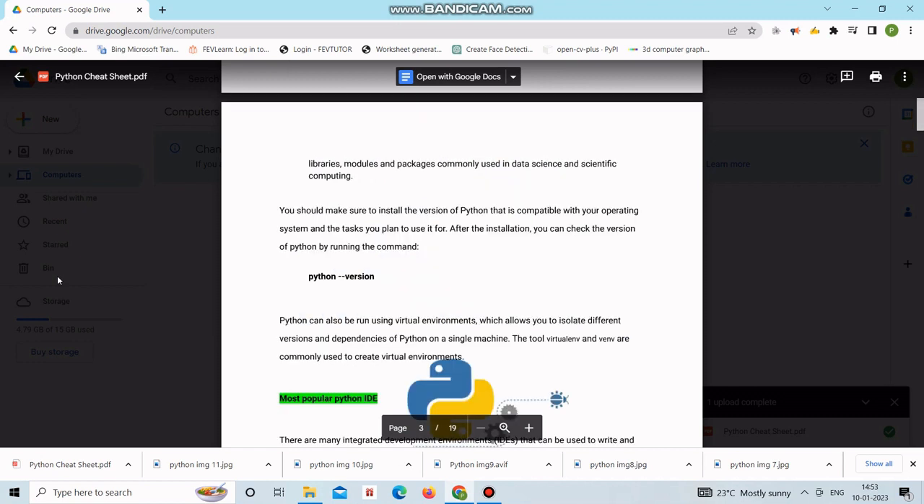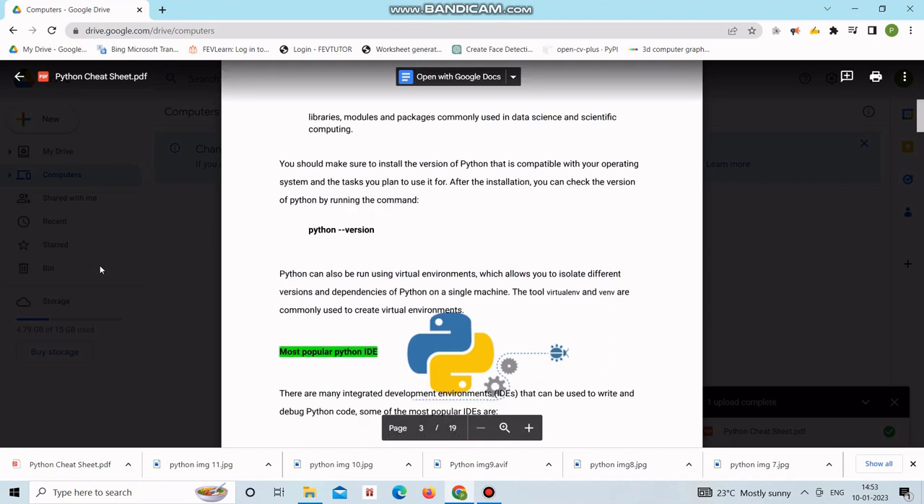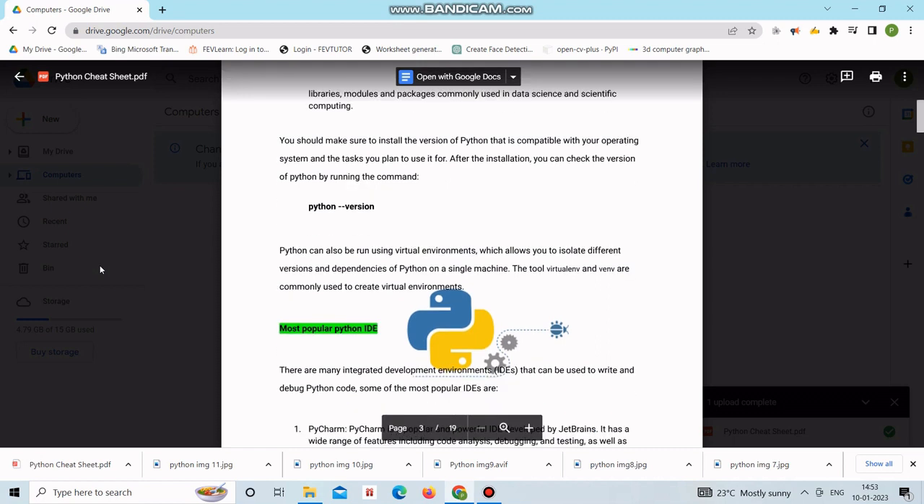That includes a package manager, an environment manager, and a collection of libraries, modules and packages commonly used in data science and scientific computing. You should make sure to install the version of Python that is compatible with your operating system and the tasks you plan to use it for. After the installation, you can check the version of Python by running the command